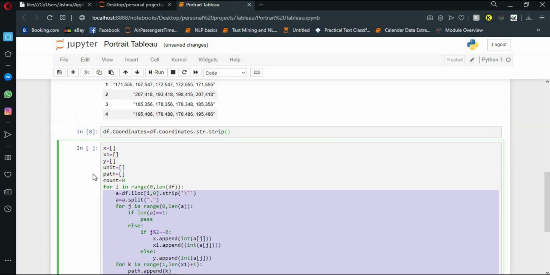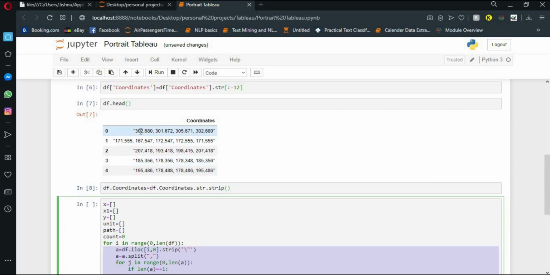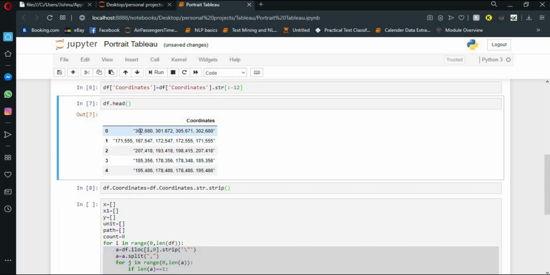If you carefully observe the data, you could see that after the first pair there is a space. Again the second pair is followed by a space, the third pair followed by a space, preceding the fourth pair, which is the last. Each pair is an x and y value. The first value is x, the second value is y. Same goes for this one.